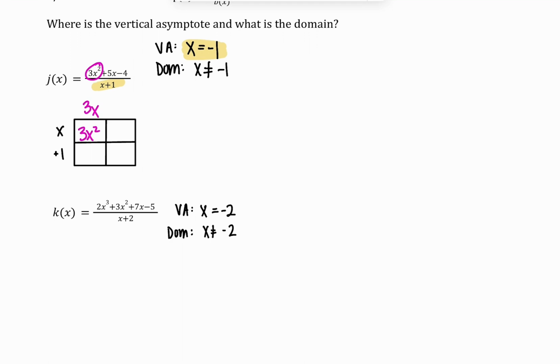Multiply down, you'll get 3x. And those numbers, 3x plus 2x has to add to 5x in the equation. So to get that, we had to multiply by 2 and x, which meant that 2 times 1 equals 2. So Q of x is actually the 3x plus 2 part. So that's part of our